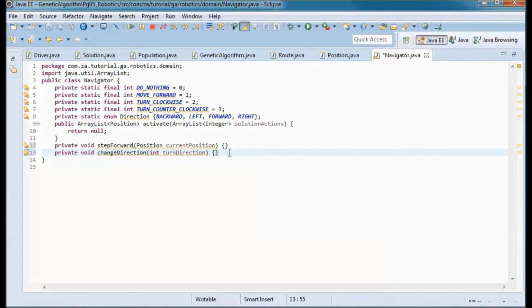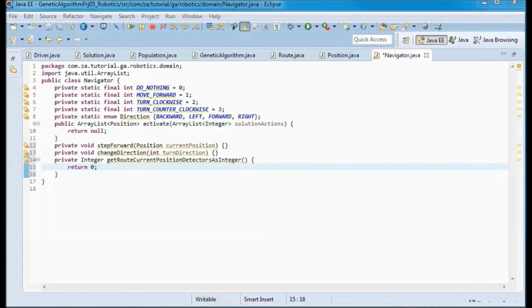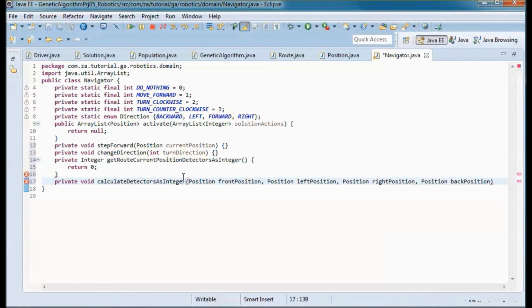And we need a method that would return a set of detectors as an integer. So let's for now just return 0. And this method will end up calling this other private method, calculate detectors as integer.